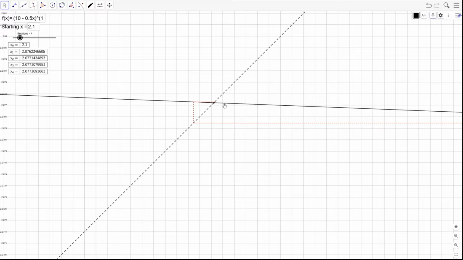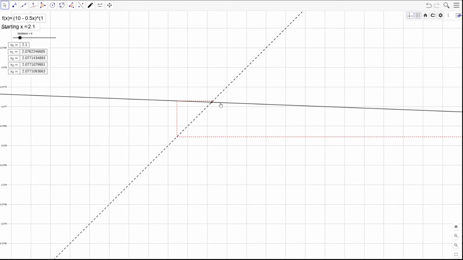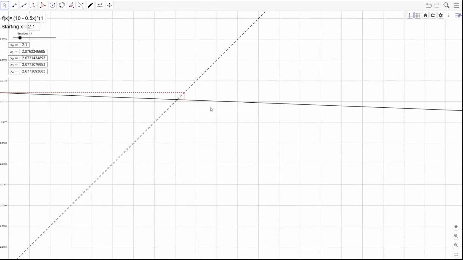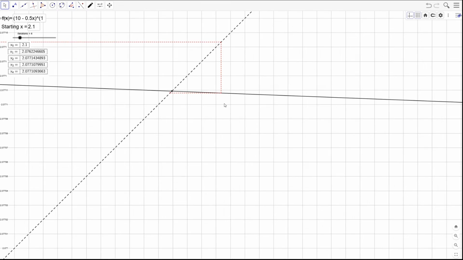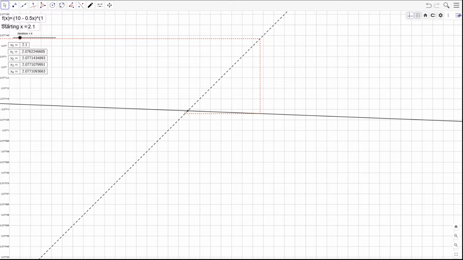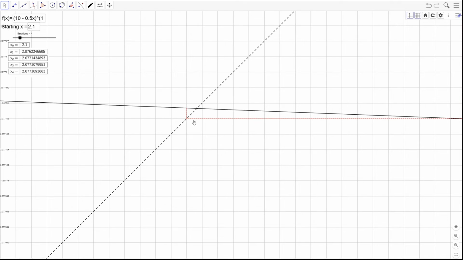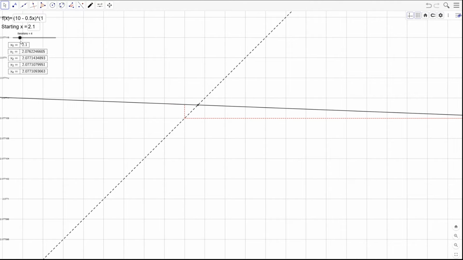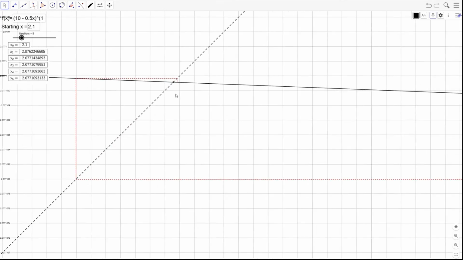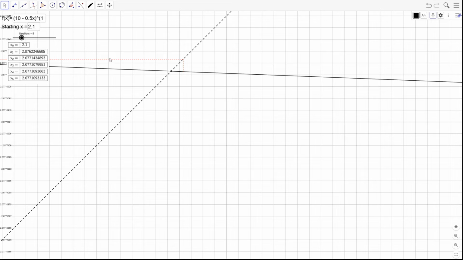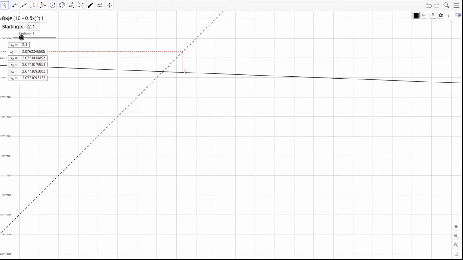Okay, and you see it's going to give us something even closer and closer to the root. If we zoom in, we can see that. So it's getting closer and closer to the root. We can go to the next iteration here. And if we do this again for the fifth one, it's going to give us something even closer down here. So that gives us a new input value, and then we're going to put this